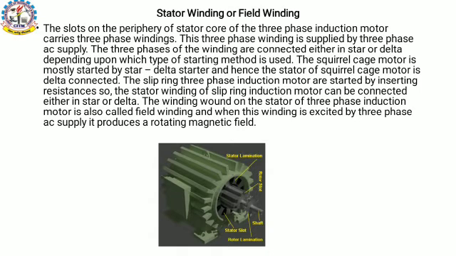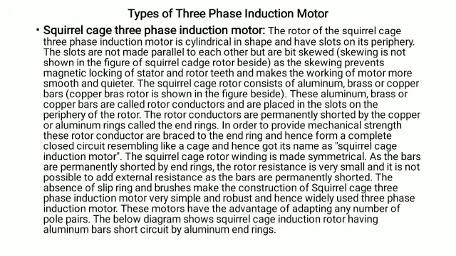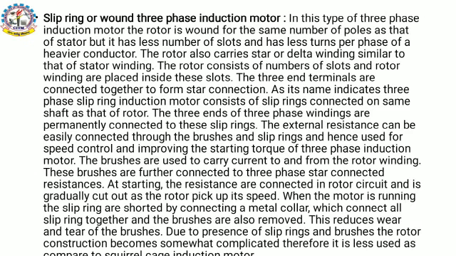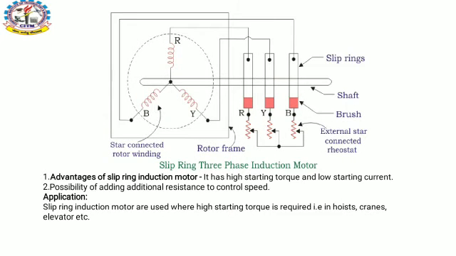and also a difference between squirrel cage and slip ring. I'm just talking about this kind of squirrel cage. The difference between squirrel cage and slip ring motor is that in a slip ring induction motor, a ring is connected through the brush, and that brush system is connected to a variable resistance for the starting purpose. And there is a connection, what I'm talking about, a star and delta connection, and that star and delta connection is used for the starting purpose of the slip ring three phase induction motor.